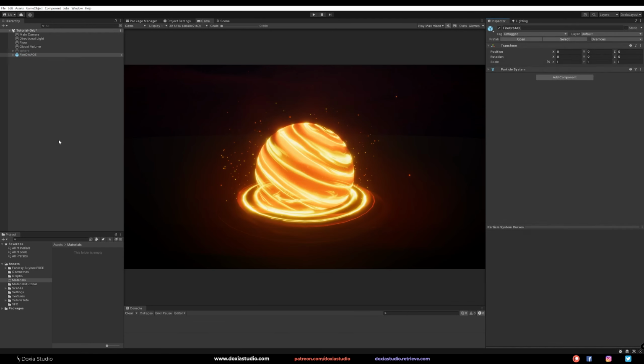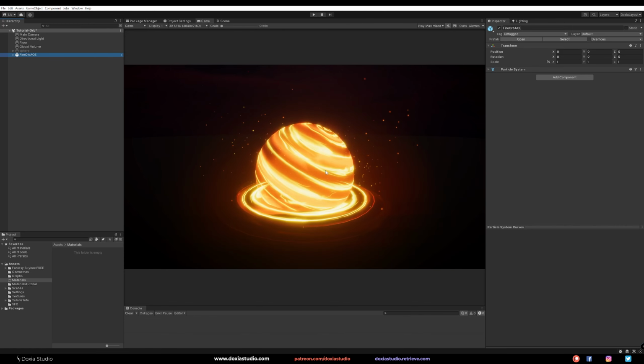In this tutorial, we are going to create a simple orb effect. It is magic. This could be AoE, for example, or an aura. It's up to you. So we will create a simple effect. This is the first one. So we are going to use simple particles and we are going to use only basic shapes, basic meshes from Unity, just a simple sphere to create all of this.